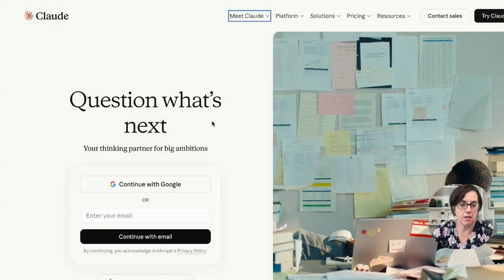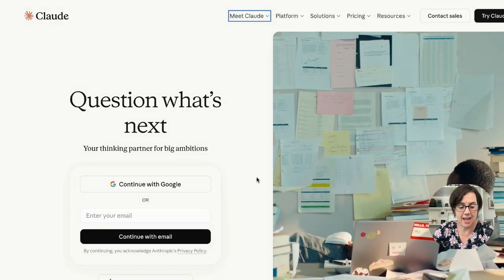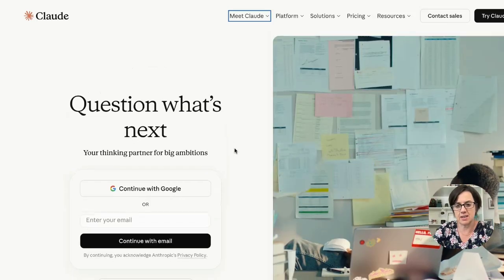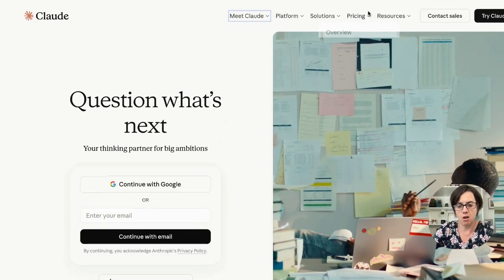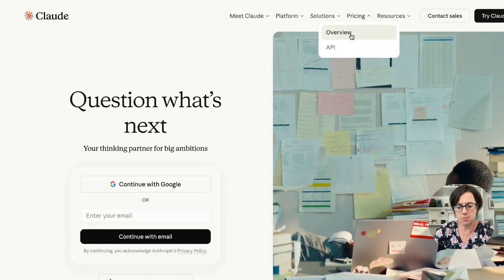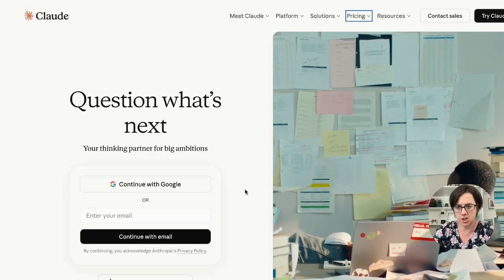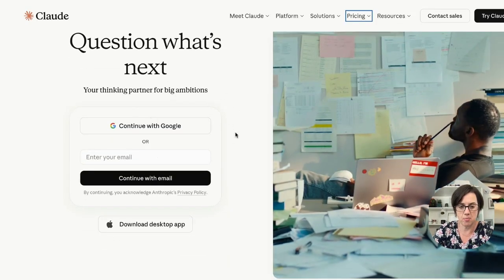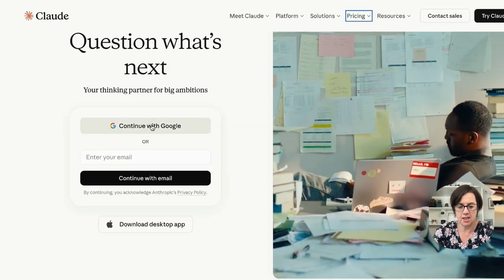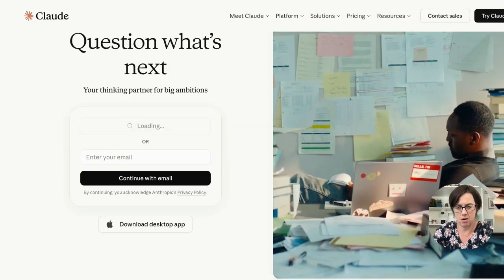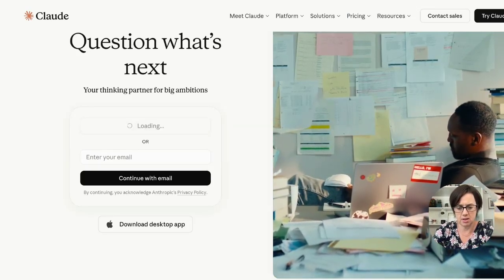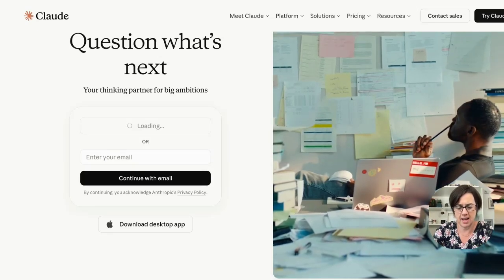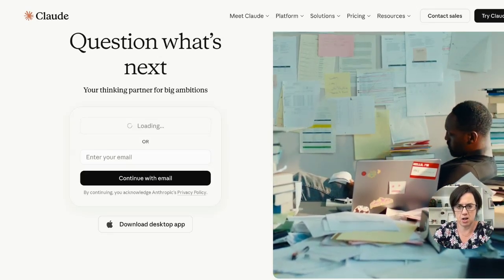So to log into Claude, go to Claude.ai, and you can log in with your Google account, or you can enter your email here. It is completely free to use. There are options to upgrade it, but we will start with the free version initially. So, what's next, your thinking partner for big ambitions. So we click on continue with Google, and it will then log us in to Claude. You just choose your account, and I already have a Claude account. So it says signing back in, yes, and we are now in